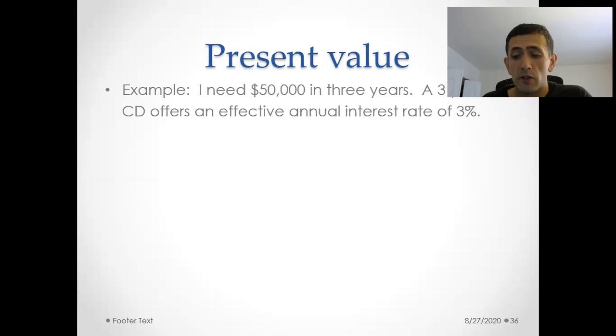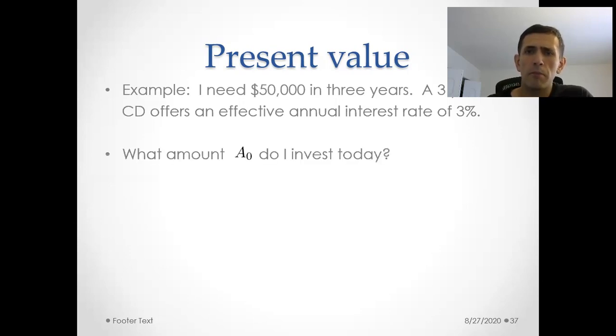Certificate of deposit. So the basic idea there is if you put money in a certain bank account, and you keep that money in there for a certain number of years or a certain amount of time, in this example it's 3 years, then the bank will give you an interest rate that's generally better than it normally would. You're basically being rewarded for keeping your money in the bank for this 3 years or however long the CD lasts. Okay, so the question is, what amount do I invest in this account today to get $50,000 in 3